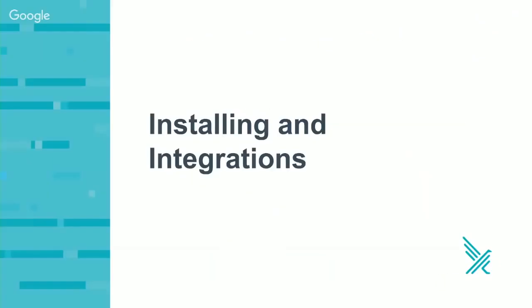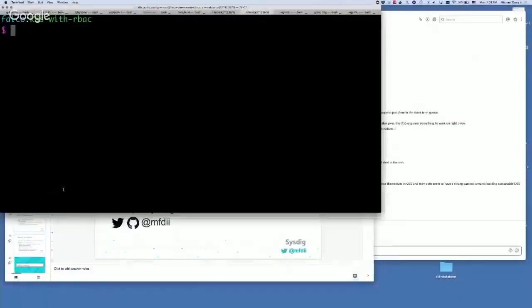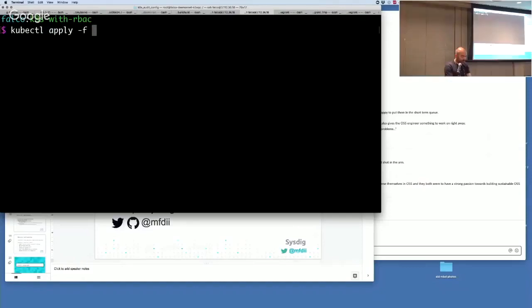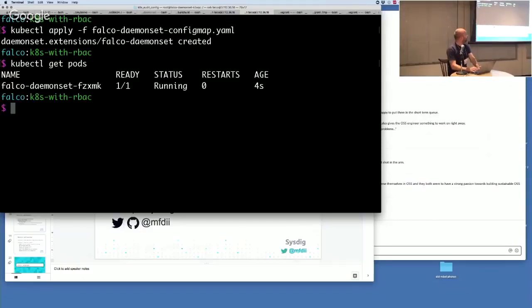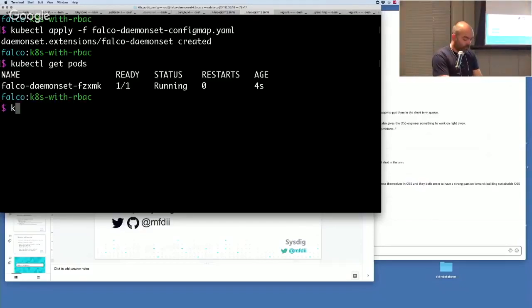All right, so let me give just a quick demonstration of this rule. In this environment, I'm just running a Minikube cluster. And all I need to do is just do a kubectl apply, and I'll create my Falco daemon set. And kubectl get pods, and that's running. And then if I run a kubectl logs,